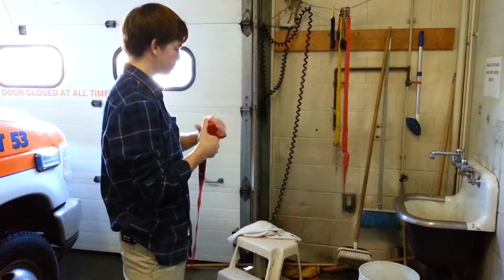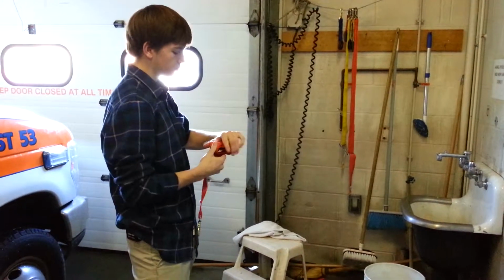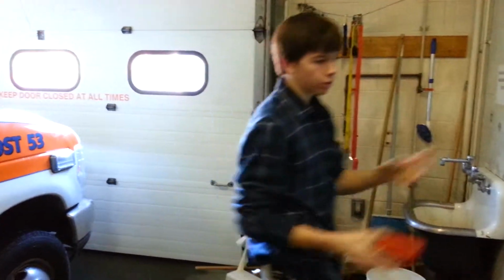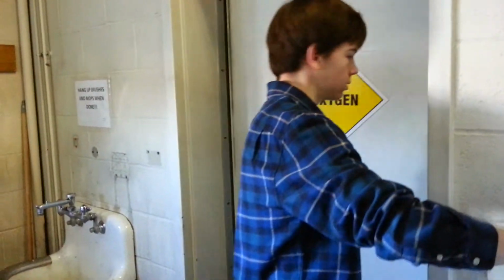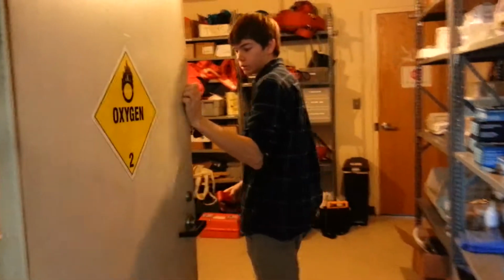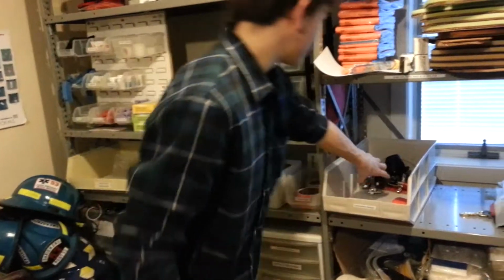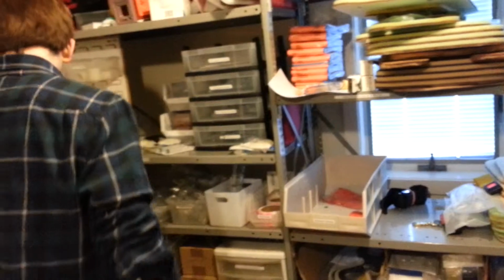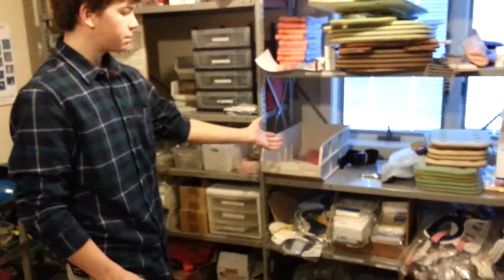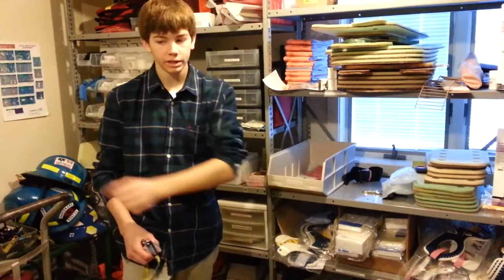So you're going to roll all the straps up. Once they're all rolled up, pretend I have a handful of straps, we'll go into supplies. All they do is go right here in the extrication straps. Right now it's empty because there's probably no straps left. If you ever come to supplies and notice that this is empty, there's only one strap, and there's no straps hanging up or being bleached,